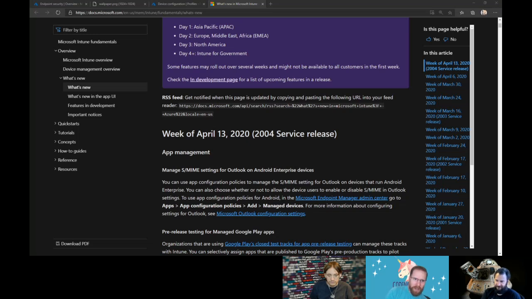Just like we were looking for the antivirus policies. We swear we've seen these in here before, but maybe they're not in there. Maybe we've seen them elsewhere and they've never been in here. I don't know, because they don't seem to be. Yeah. So maybe they were ADMX policies.